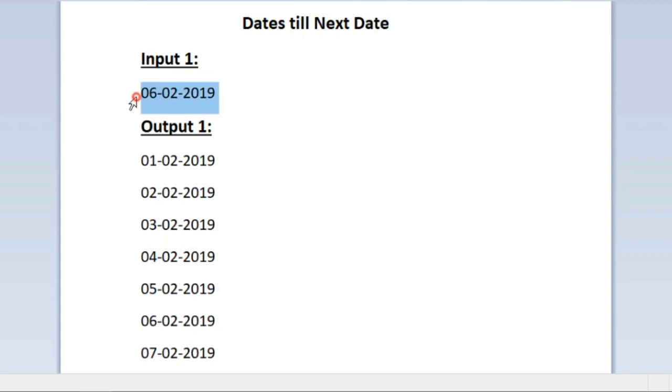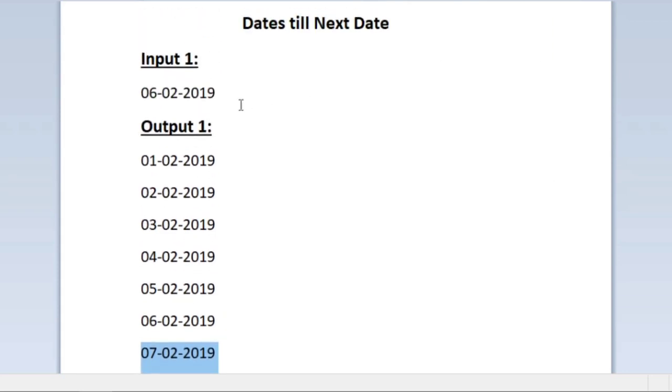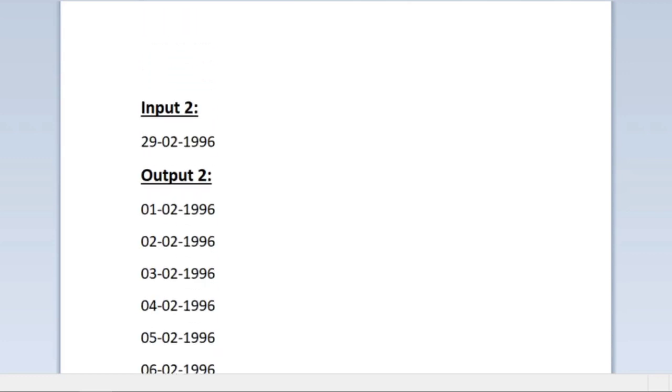In our output also we can see that first we are starting to print from 1/2/2019, that is the first of the given month. So we are starting from 1 February 2019 and we are printing all the dates till 7/2/2019. That would be the last date in our output. So what we are doing is, we are given a date as an input, and our task is to start printing from the first date for the given month and year, and the last date should be the next date from the given input date.